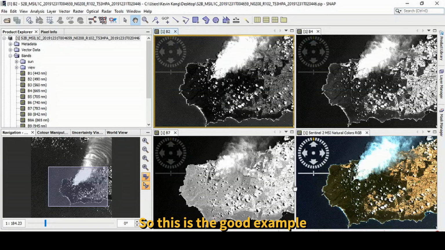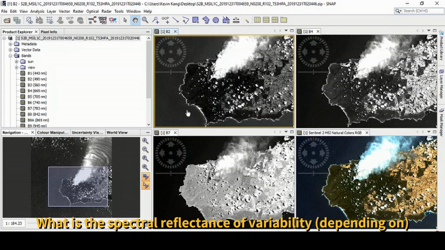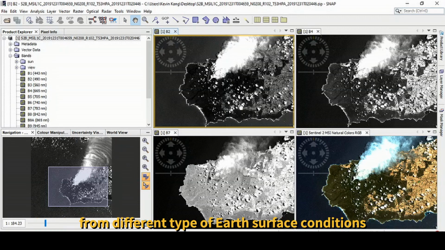So this is a good example to understand the spectral reflectance variability from different types of Earth surface condition.